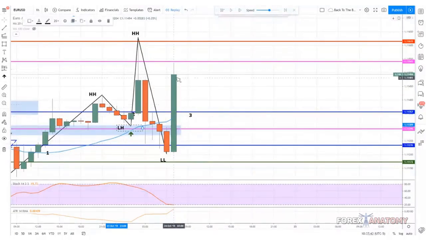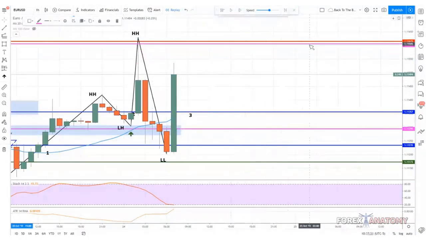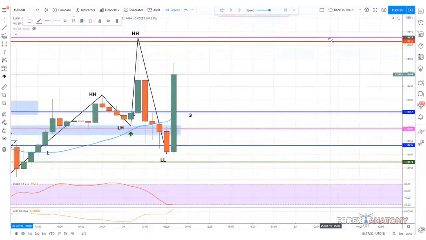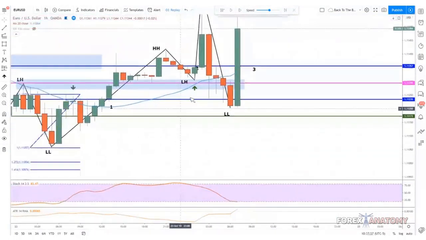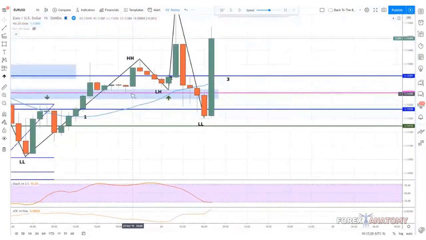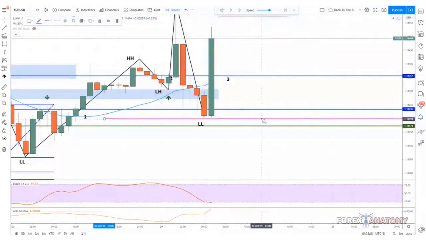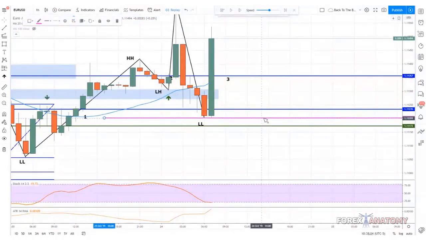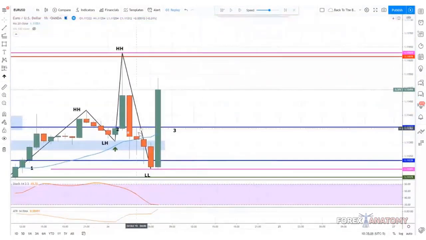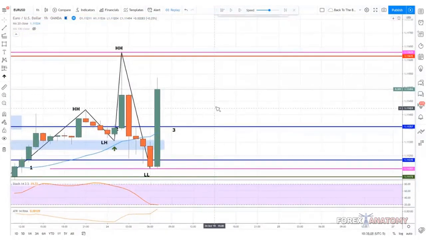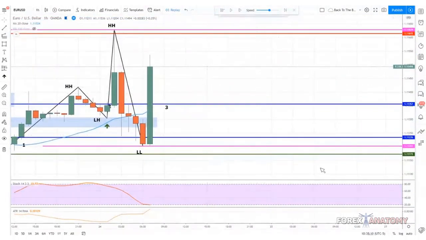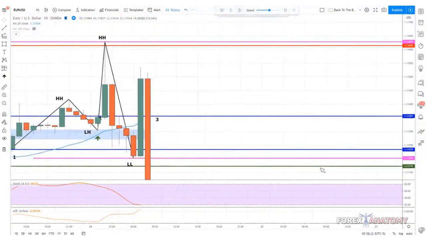So because this move was very strong, I'm going to wait a little bit. I want to see price either break this high right here or break this low right here before I decide to do anything now. Because of this candle right here, it's pretty strong. I'm going to wait to see what happens. So from here,